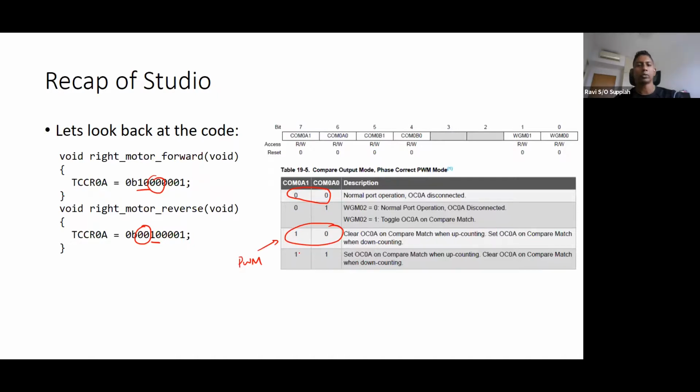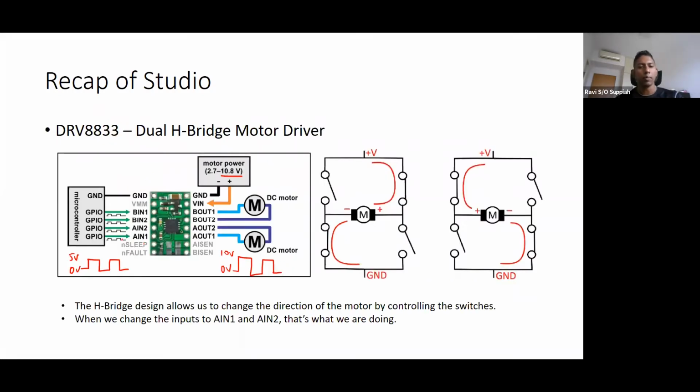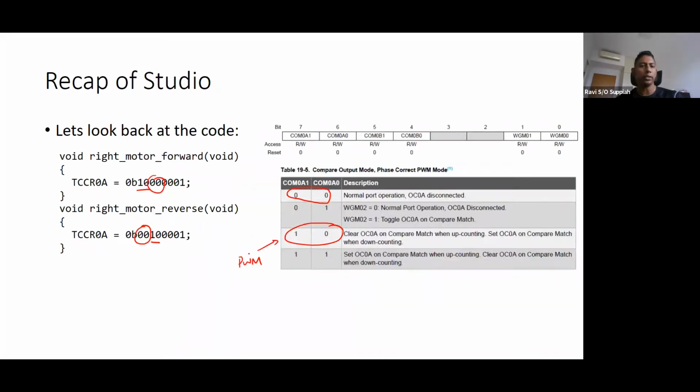So that allows us to have the dual direction. Either I'm going this way, or the other way, A2 to A1. So it's either A1 to A2 or A2 to A1. That is basically how we achieve the directional change in the code.